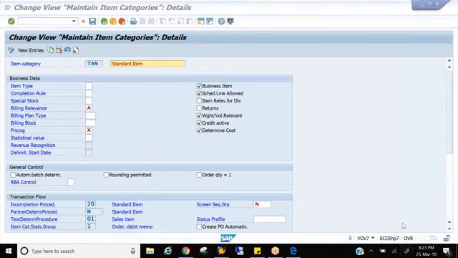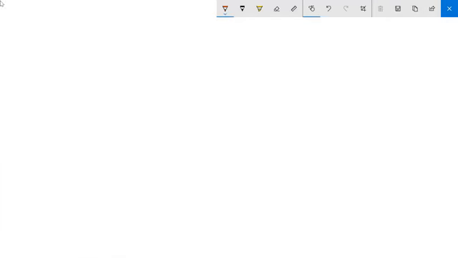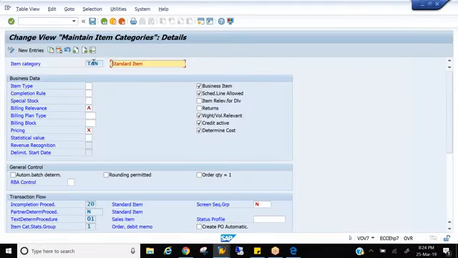But how is the system allowing you to do a delivery? Or else you take other scenarios. BOM, computer. But you also have components, right? Even for this, you will not have a schedule line because they are an integral part of the main item. You are delivering a computer means you are delivering CPU, monitor, and everything, right? So how is the system allowing you to do a delivery? Even for the user manual, how is the system allowing you to do a delivery, even though they don't have a schedule line? That is item relevant for delivery.